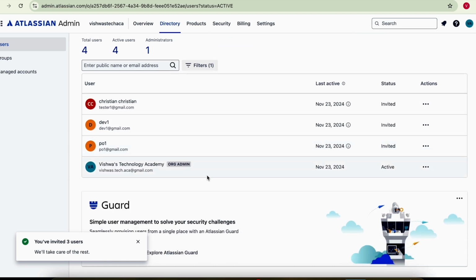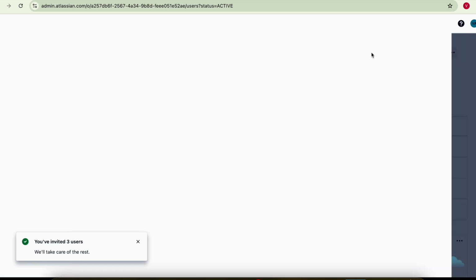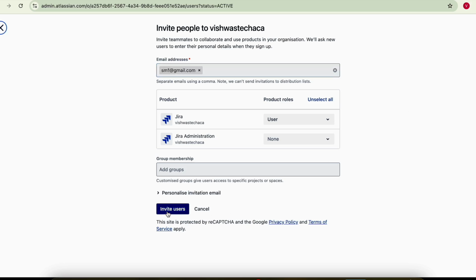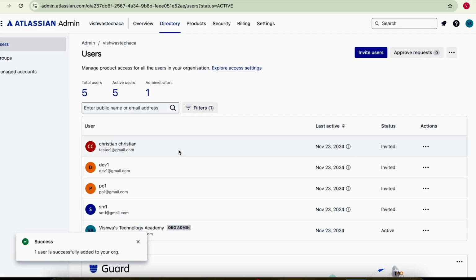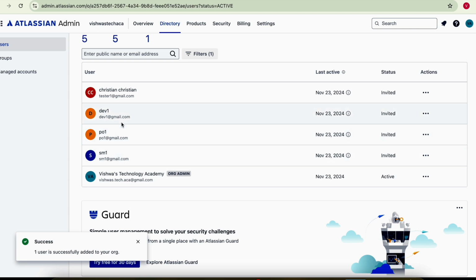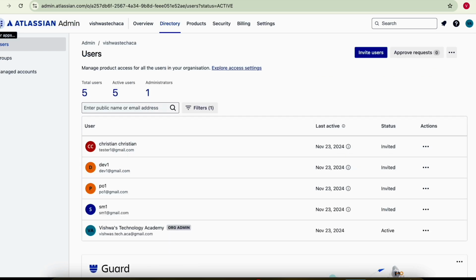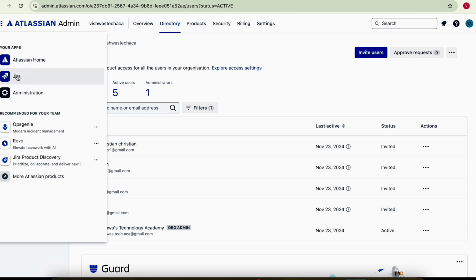And let us say I will add one more user. Let us say Scrum Master, scrummaster1 at gmail.com, right? I'll invite this user as well. If you provide a valid email ID here, they will receive the email. Using that email they can sign up and they can access this project based on the access that has been provided. I will go to the home page of the project Jira,